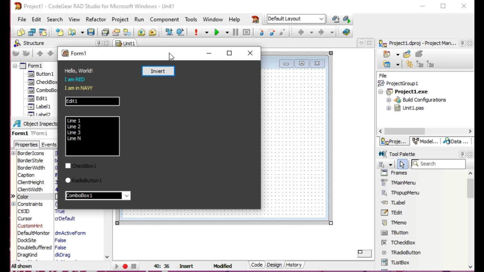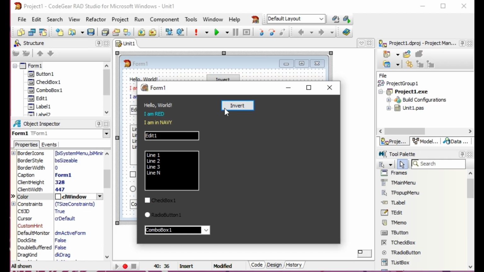inversion, this one. So the reason for limiting the lowest possible value is that we want the checkbox and radio button to stay visible, so we can still see this text, while we cannot alter the font color of these two.